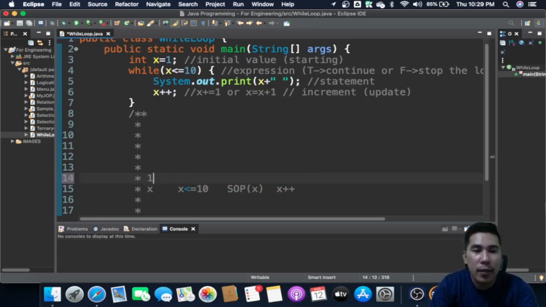When x is 1, you have the expression 1 less than or equal to 10. That's actually true. So it prints the value of x, which is 1. And then here, x plus plus, x is going to be added by 1, or incremented by 1.